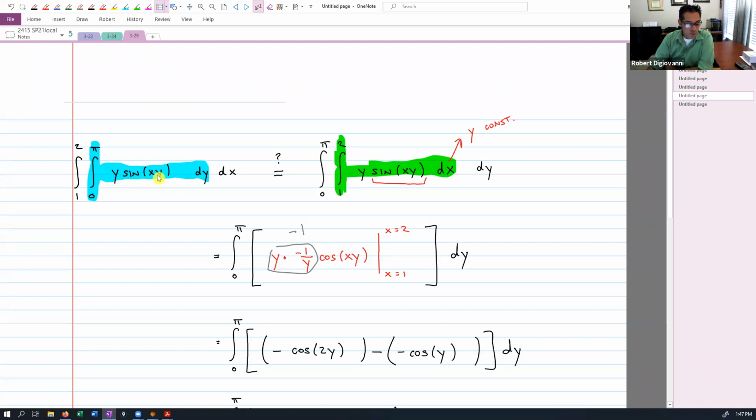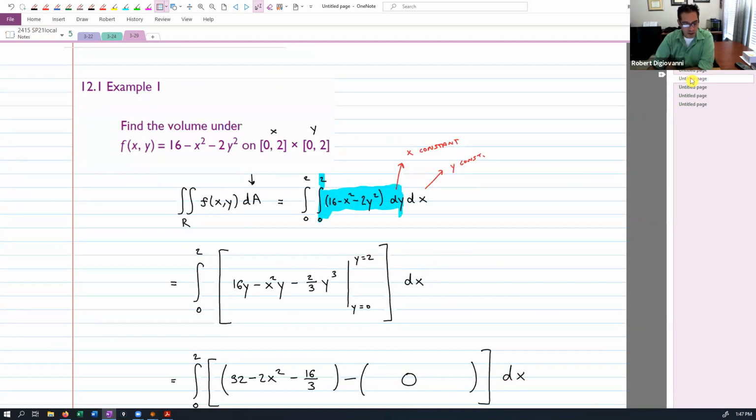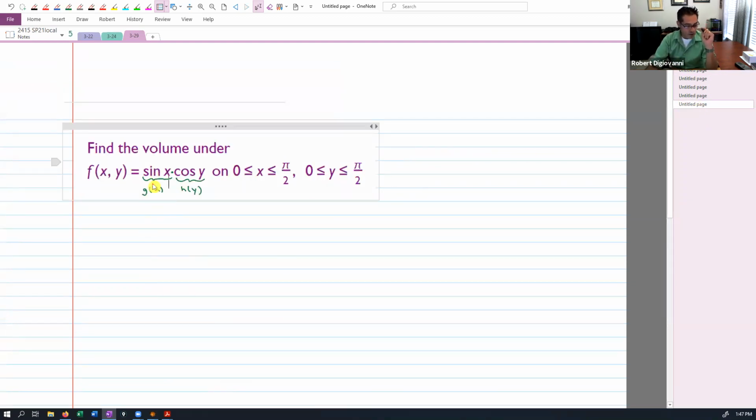Like this sine of xy has both x and y in it. You can't write that as two functions separated by multiplication, one of them having only x's, the other one having only y's. How about the first problem we did? This one right here. Can you look at this one as some function of x times some function of y? No. You can say it's some function of x minus some function of y, but not multiplication. In the special case that you do have a function of x times a function of y, here's what you